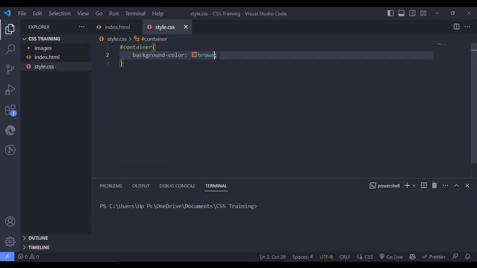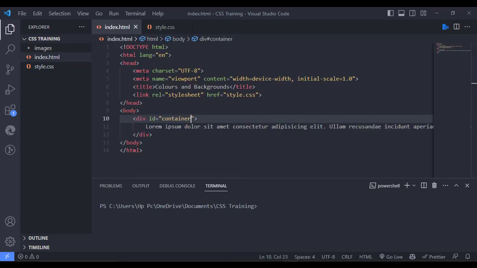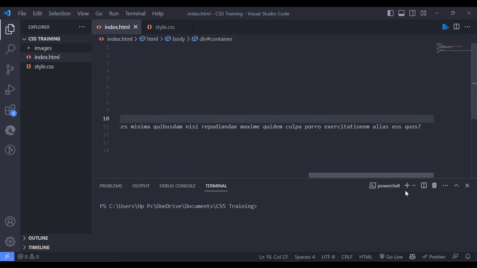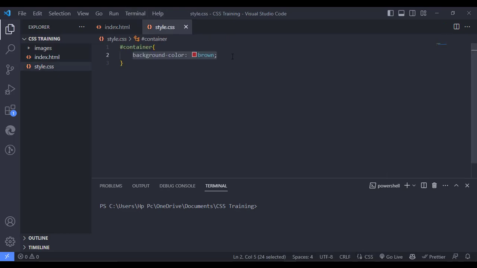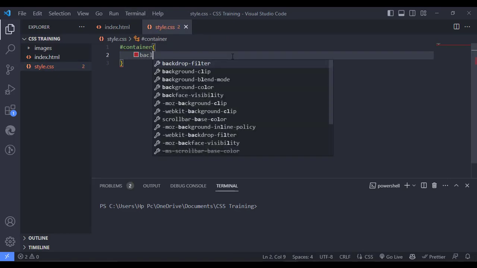Let me just go ahead and clear this since I don't need it for now. I'm also going to add more text so that you have a lot of words to play with. I'm going to do lorem as much as possible. Alright, so I'm going to add this as a background